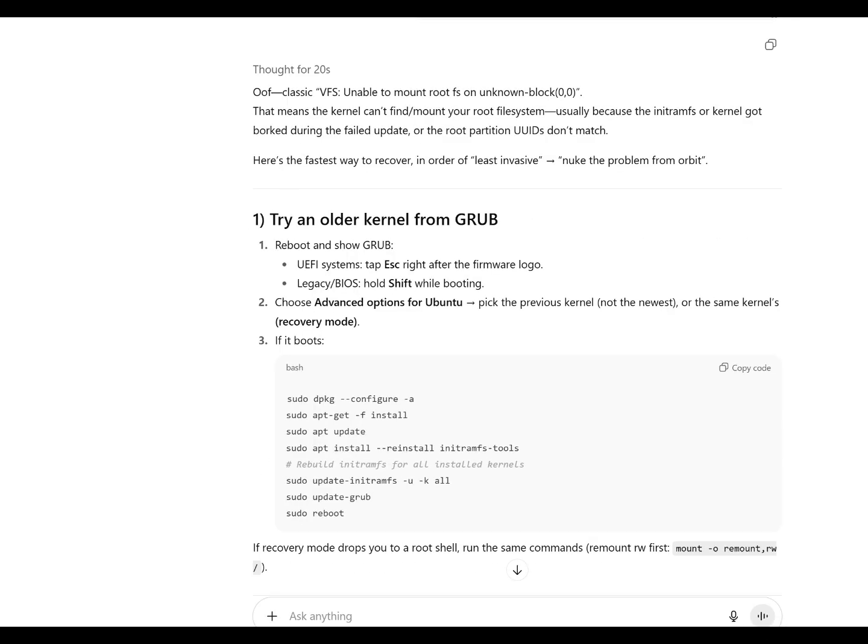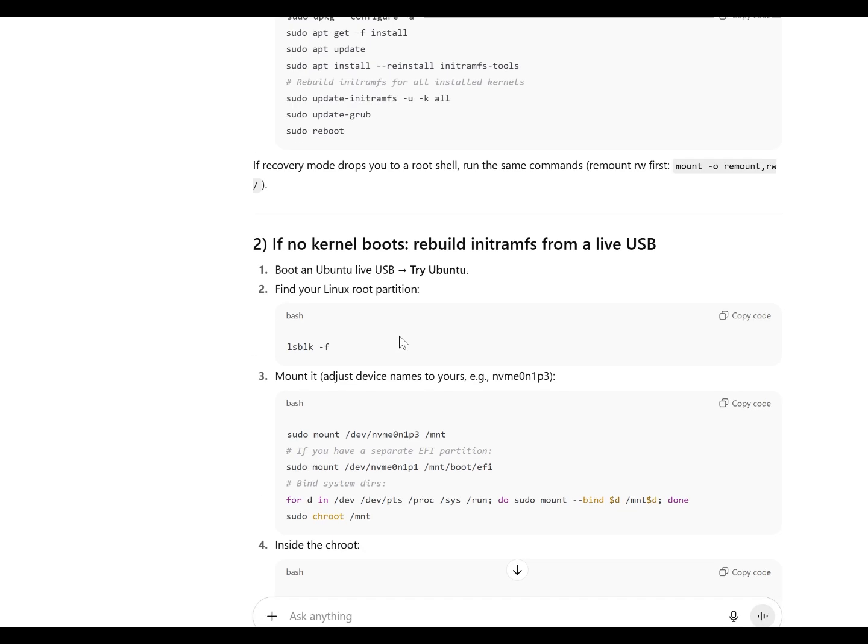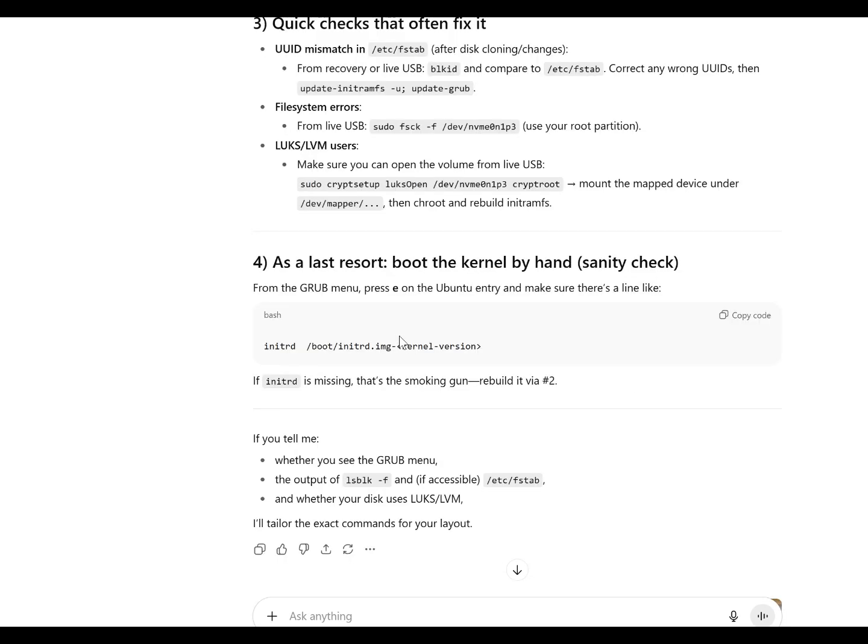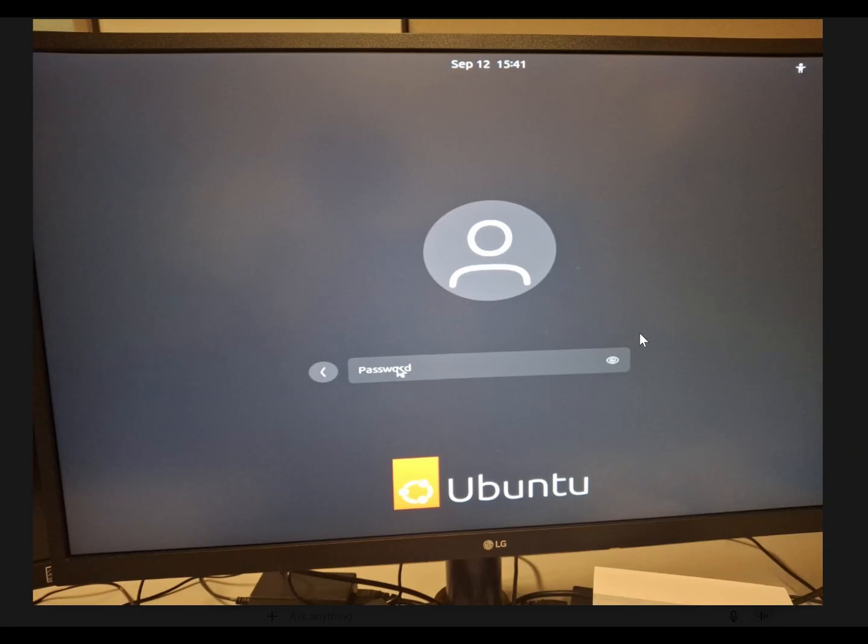It mentions there's gonna be this advanced options for Ubuntu. So when Ubuntu fails to start up, you're gonna get to the menu where you can select different boot options. One of them is gonna be advanced options, and it's gonna list the different kernels you can try. I kept going till I did find that kernel that started up, but my troubles didn't stop there, because when